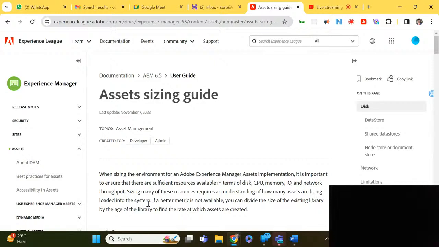Okay. How the assets are moved to the Adobe Experience Manager system. The easiest and most primitive way of knowing is the size of the existing library. If we divide the size of the existing library by the age of the library, we can know at what rate assets are being created. Okay, you have 1 year old